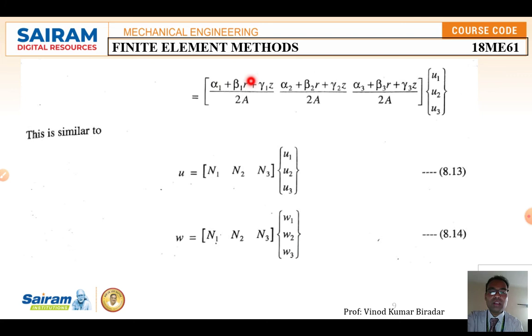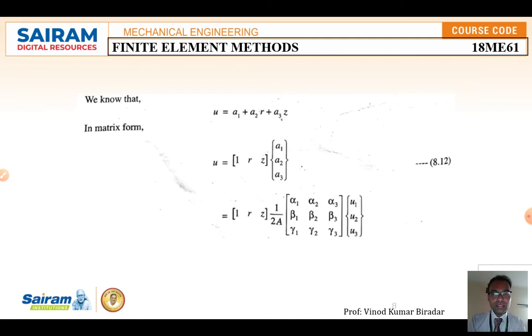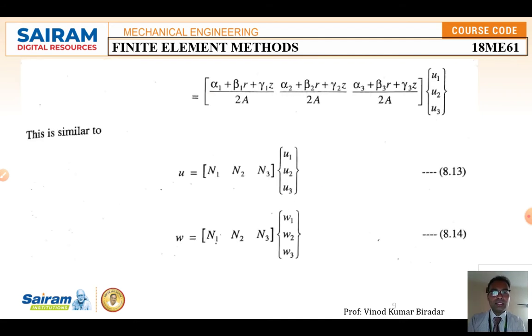Okay, so after doing multiplication you are going to get alpha 1 plus beta 1 r plus gamma 1 z whole divided by 2a, and this into this again the second column, that is alpha 2 plus beta 2 r plus gamma 2 z by 2a, alpha 3 plus beta 3 r plus gamma 3 z whole divided by 2a, u1 u2 u3. Okay, so again this equation, if you observe, is similar to this equation, that is u